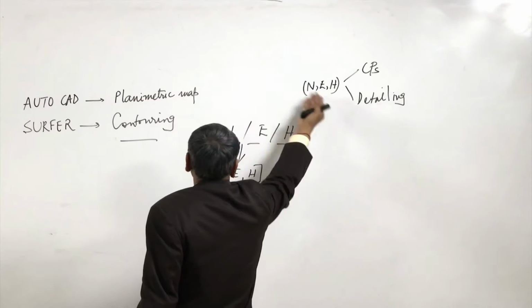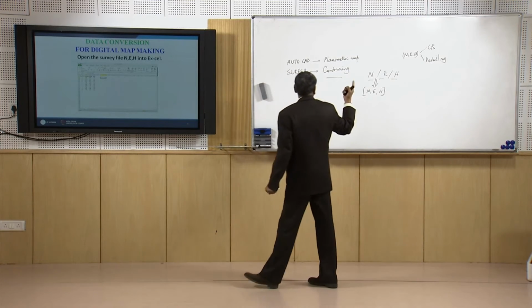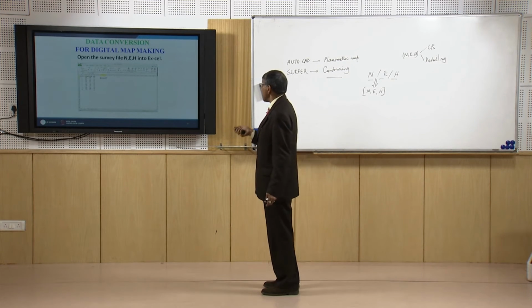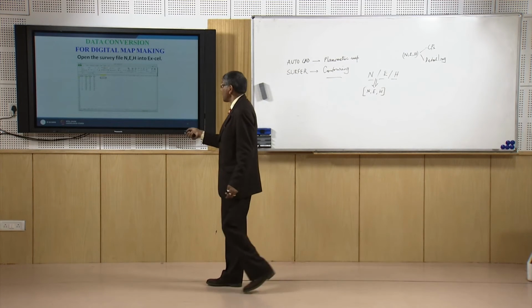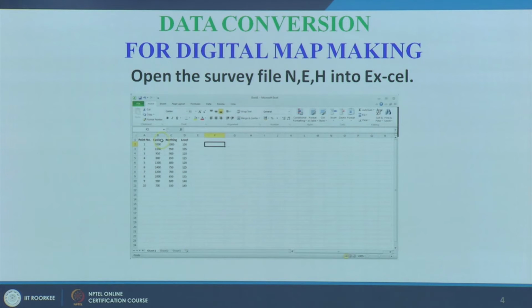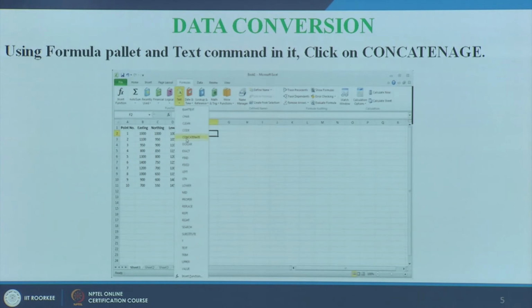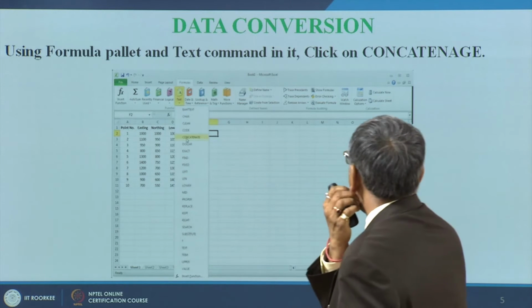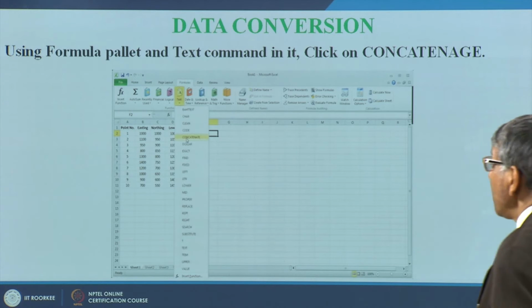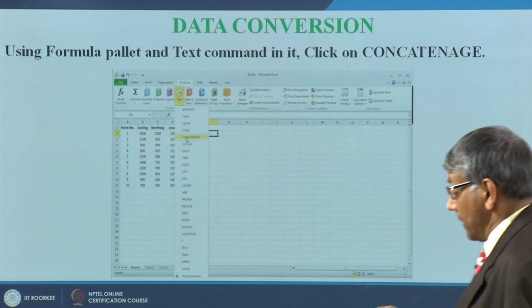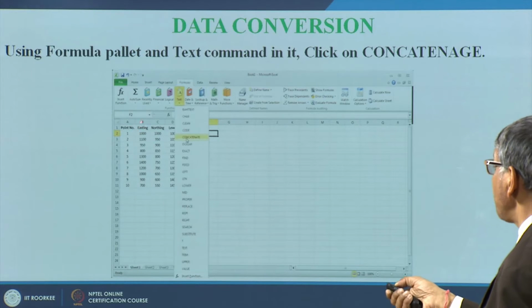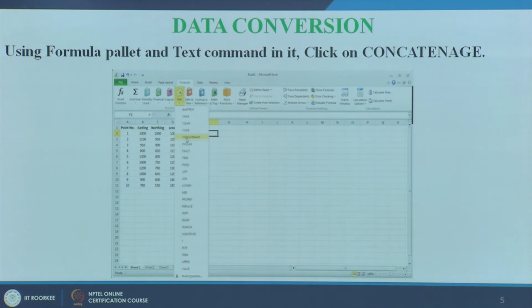We will maintain the data in a file, then that data may be opened in Microsoft Excel, and once that data is there, we can put it in three columns. After that we may make use of a formula palette, and from there is a text command. In the text command there will be an option called concatenate. So if I can concatenate these easting, northing and height in another cell,